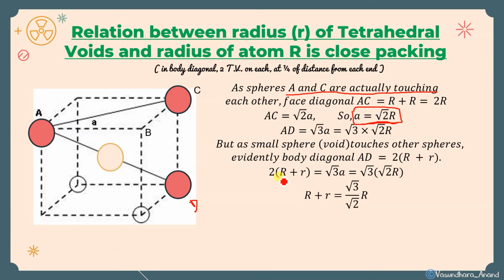So now the 2 I am crossing, I am taking it on this side. So this will be R plus R left over here. And this is root 3, and root 2 will go to the denominator. Yes, denominator. Clear? Solve it, you will get root 3 by root 2 R. Now I am taking this R on this RHS side. So what will happen? This will be root 3R minus root 2R upon root 2. You take the LCM, I will give you.